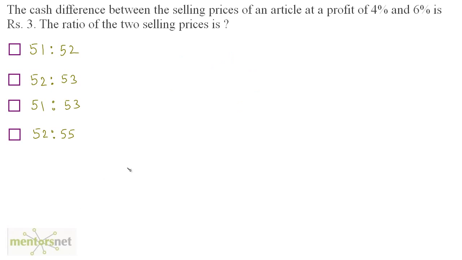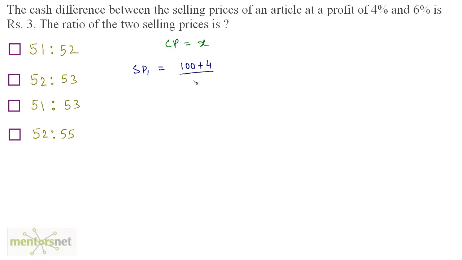The cash difference between the selling prices of an article at a profit of 4% and 6% is rupees 3. The ratio of the selling prices is. First of all, let us assume that the cost price of this article be X rupees. Now we have one of the selling prices of this article at a profit of 4%. So let's term this SP1, which is equal to this cost price increased by 4%, which is 100 plus 4%